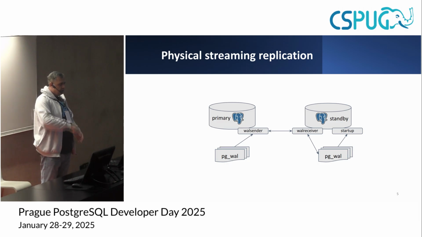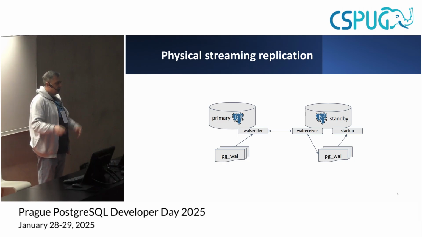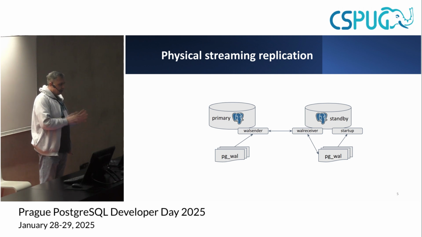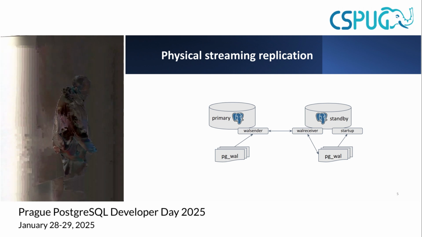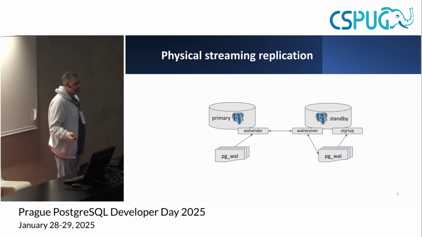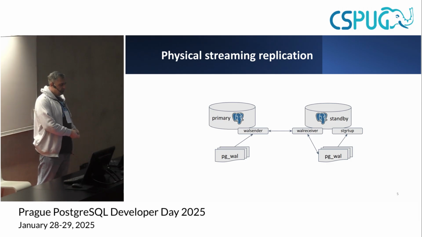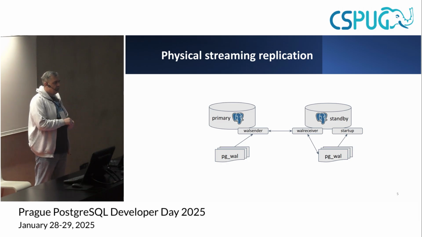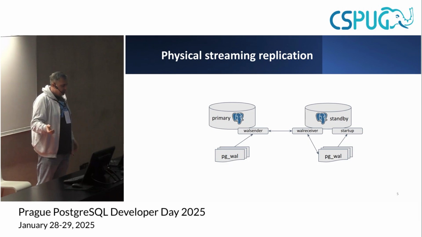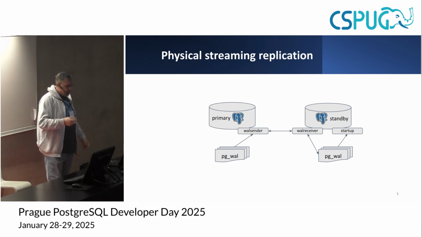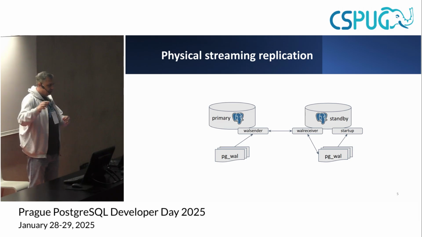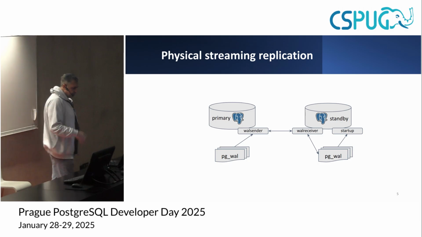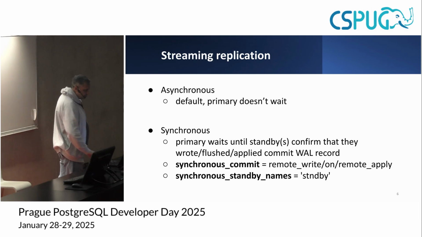Literally, it says, I wrote up to a very specific point to pg_wal, and primary knows how standby is progressing. There is also a startup process on the standby, which reads data from pg_wal and applies it to the database. Only after the startup process applied data to the database can you see those changes on the standby node when you query it. Without it, it wouldn't work.